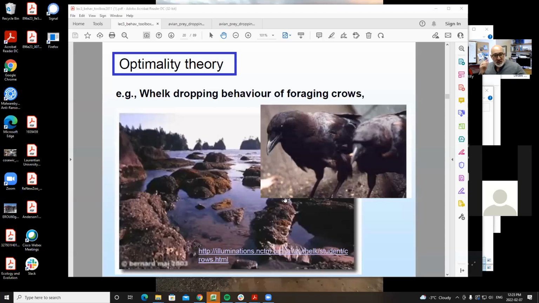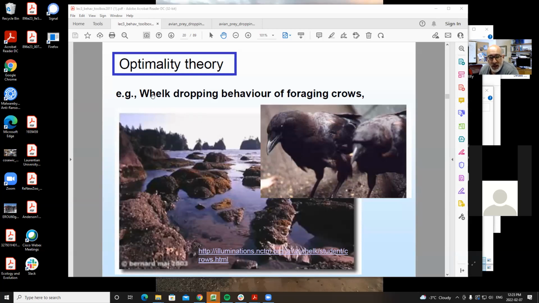Okay, so I show you that video because it gives you a sense of how this kind of behavior can ultimately evolve. Essentially what I'm trying to show you here is that these birds evolve behaviors to allow them to crack open these hard food items. And so here is an example. We're going to try and apply this sort of cost benefit analysis to these crows,